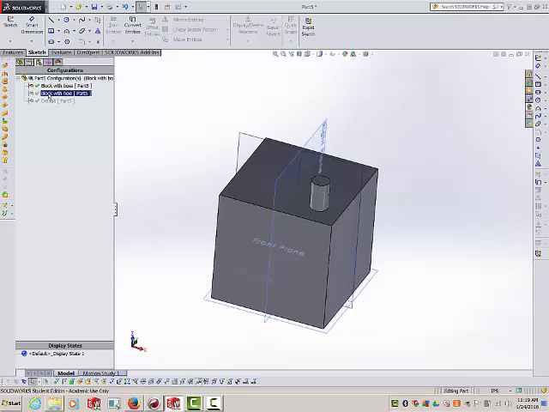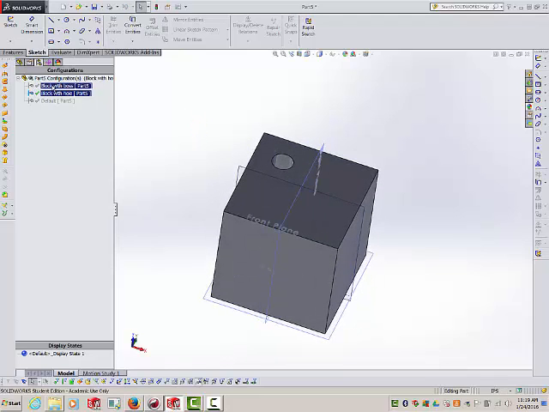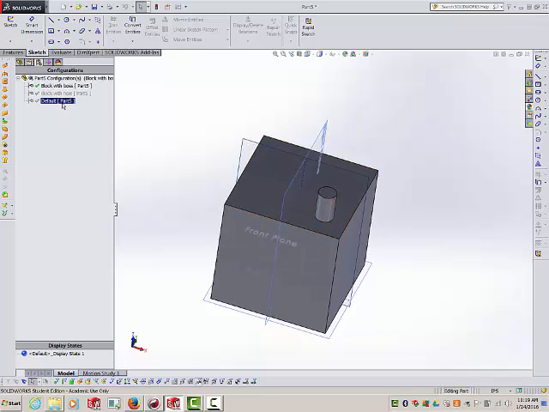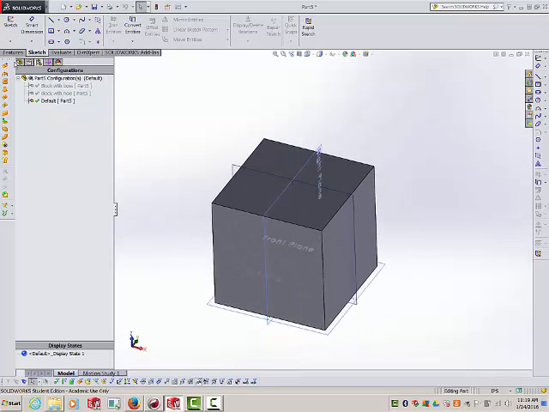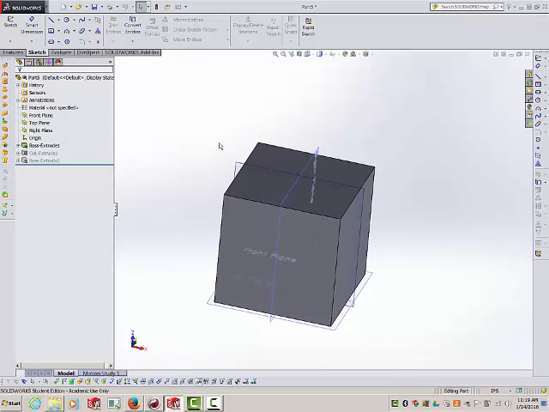So if I go block with hole and double click, sorry, I was editing there, we go. We got block with hole. If I double click my block with boss, there now I have the boss. And if I double click my default, we're back to kind of where my base is. So I could go along and do some more designing and say, okay,